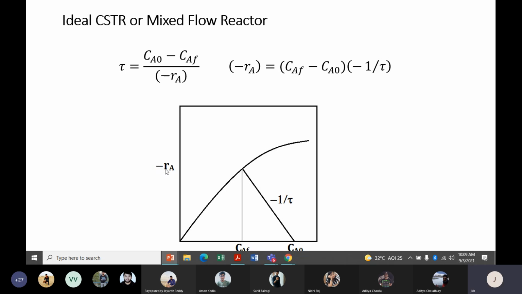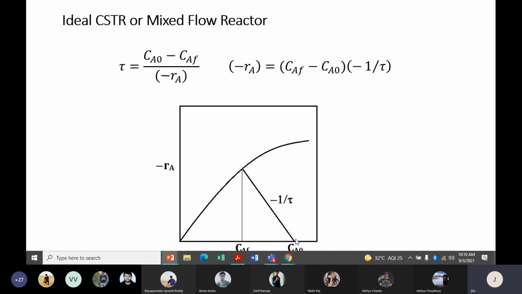So if rate is plotted for the case of first order, second order, or any fractional order, you will get a different curve, and from the value of Ca0, if we draw a straight line, there is some similarity with batch scale mass transfer. This is similar to an operating line. The operating line starts from the initial concentration Ca0 and reaches the reaction rate curve, that is minus Ra at final condition.